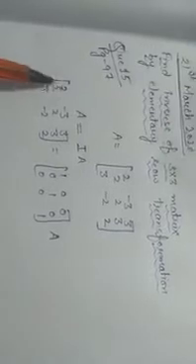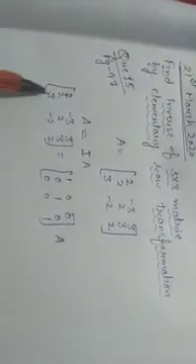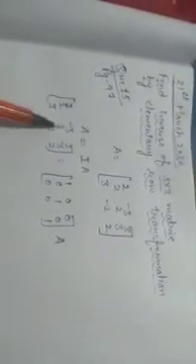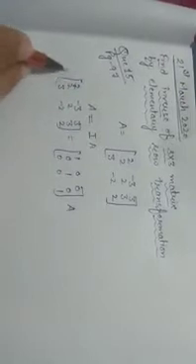Then automatically it will be A inverse. For making this an identity matrix, firstly we will make this 1, and by using this one we will make these two zeros. After that we will make this one by dividing by the same element, and by using this one we will make these two zeros, and then make this one by dividing by the same element and make these two zeros by using this one. How will we make one? We can interchange R1 and R3.